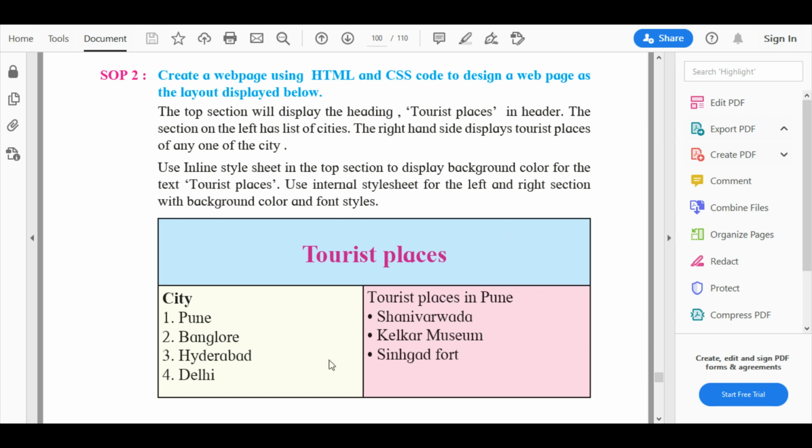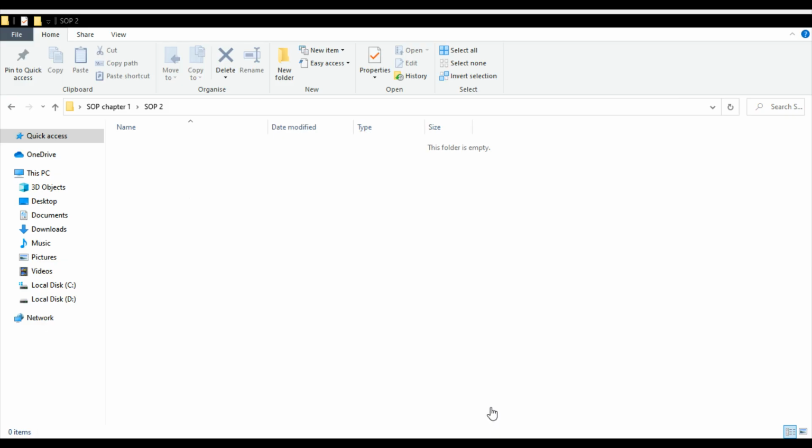So this is our table. So we have to make a web page with this layout displayed. So I'll just open the file quickly. So this is our file. I'll just make a web page by the name of touristplaces.html.